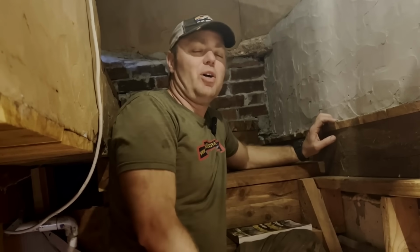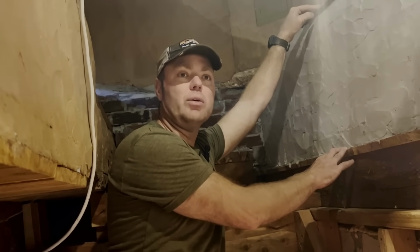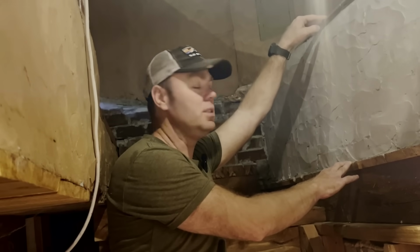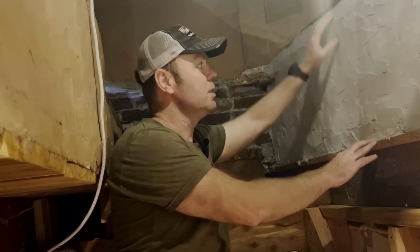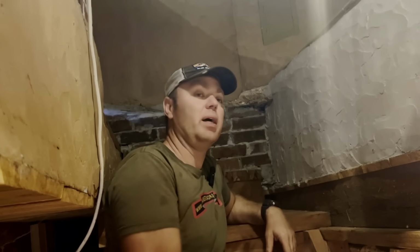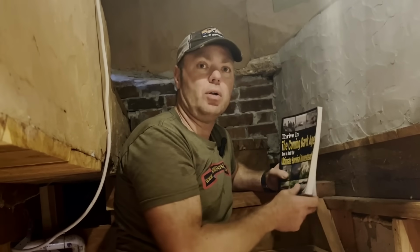So this is somewhat of a cross section. It gives you just a rough idea of how thick the original concrete roof was. And so this roof, even though it's stuccoed over, you can see it's close to 24 inches thick, and that's on top of your leave-in forms, which are your 6x6 beams. It consisted of two pours of concrete reinforced with 1-inch rebar. That's massive rebar on a 12-inch grid, right? 12-inch spacing both ways. In the book, Thrive in the Coming Dark Age, How to Build the Ultimate Survival Homestead,